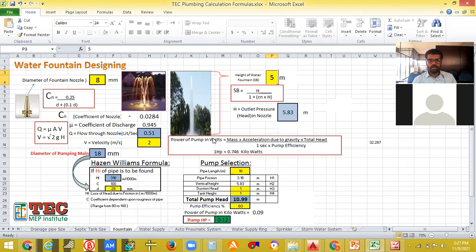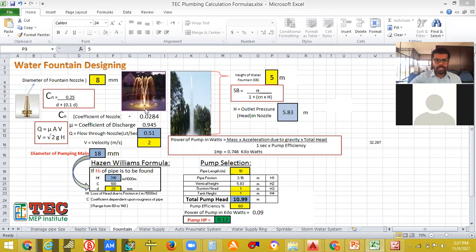So here we just need to know the pump capacity. Okay, we need to know what should be the pump capacity and all those things. So here also, yes, we have to only input the yellow color cells. Okay, rest everything you don't want. Rest everything will be given by this itself.